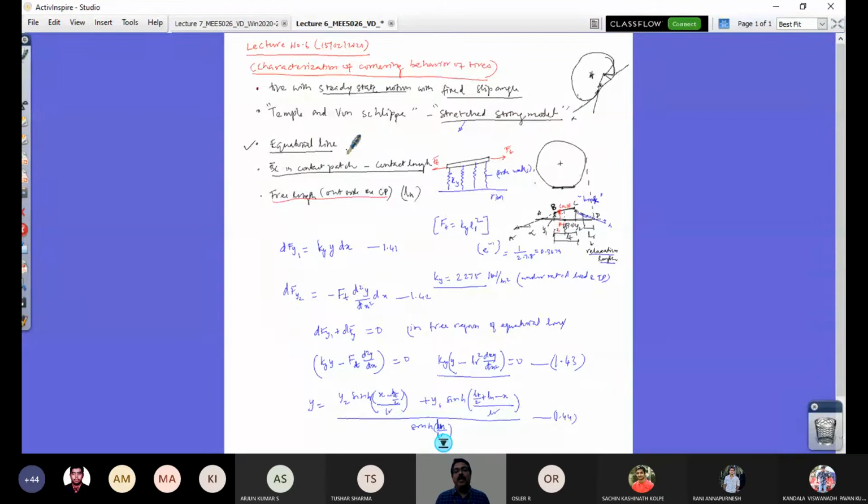If the tire is not loaded, you see the inflated tire is a circle with a string under tension. That string is restrained by the lateral springs. The spring stiffness is given by Ky, which essentially represents the lateral stiffness offered by the sidewall. The entire tread of the tire is now constrained in the lateral direction, and the other end of that is connected to the rim, and the rim is acting as a base.